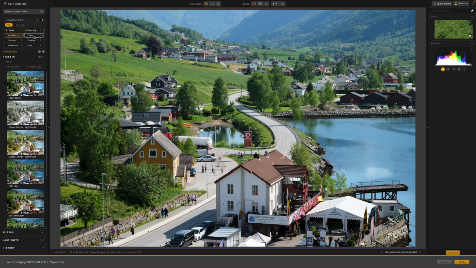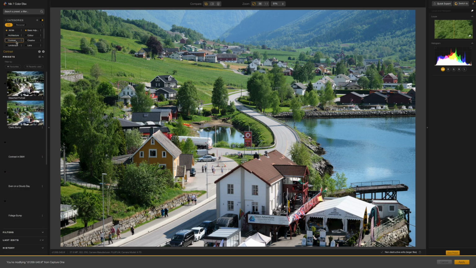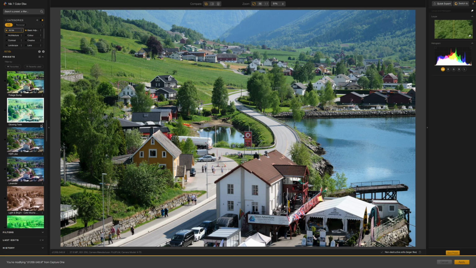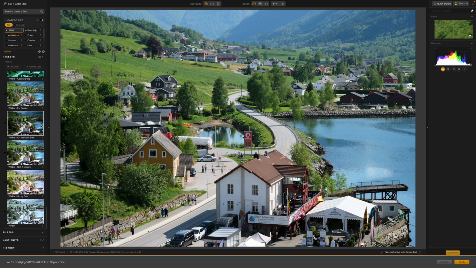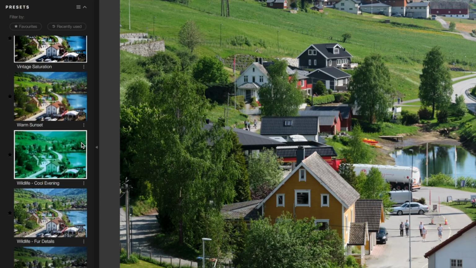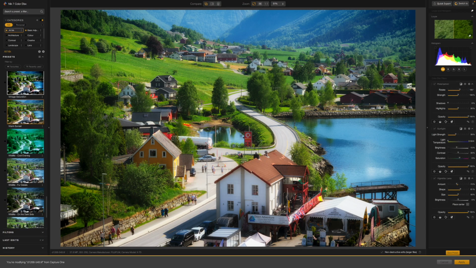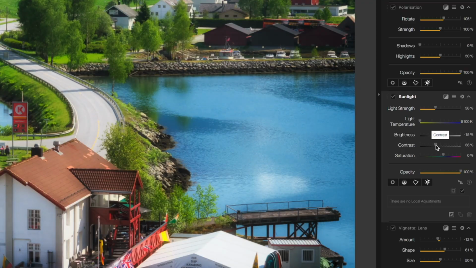Here's a landscape image I shot recently in Norway, and to show how quickly you can achieve results in Color Efex 7, I'm going to open a presets panel in the left sidebar, scroll right down to the bottom of the list and apply a preset called Warm Sunset, which you can see has given my landscape image a soft warm glow. Now if you take a look over at the right sidebar, you'll see there are 3 adjustment panels